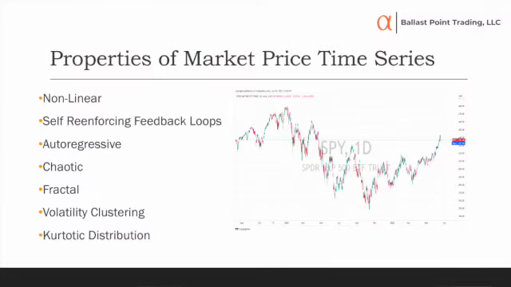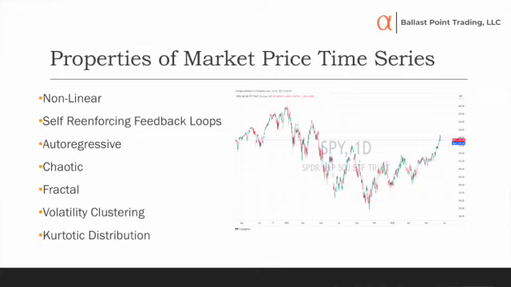All right. The third or fourth one here is chaotic. The data is chaotic. Now, when I say chaotic, we're talking about chaos theory. And there's a lot of tests. This is a little more controversial. There's a lot of tests to see how chaotic the data is, mathematical kind of tests that they'll run a data series through to see how chaotic it is. And what they're really looking for is sensitivity to initial conditions. And you think about the butterfly effect, that would be sort of what they're looking for in the data.